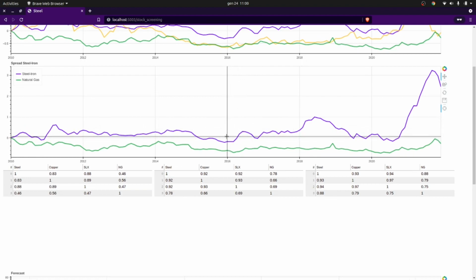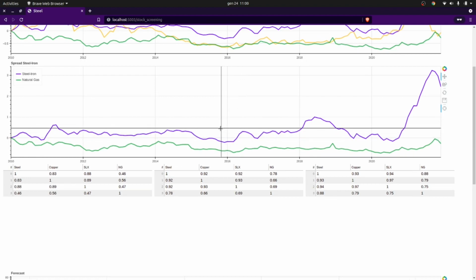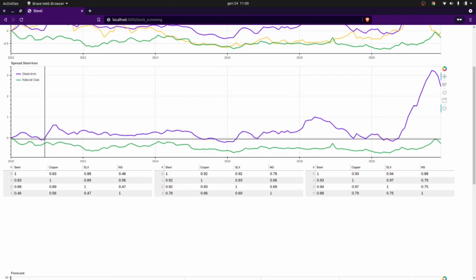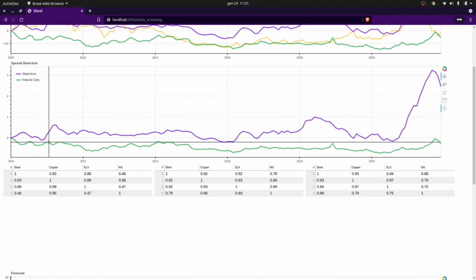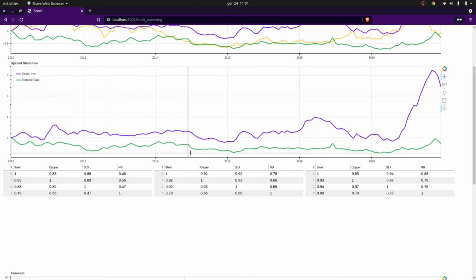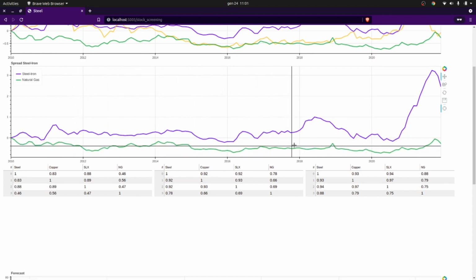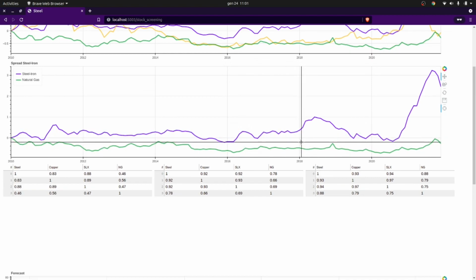We can check whether they are co-integrated or not. However, we notice that there are some divergence points. In fact, here the curves move, the blue ones move upward, and the natural gas is dropping. Here as well. Here. Another divergence point, and finally here, this is a very big divergence.